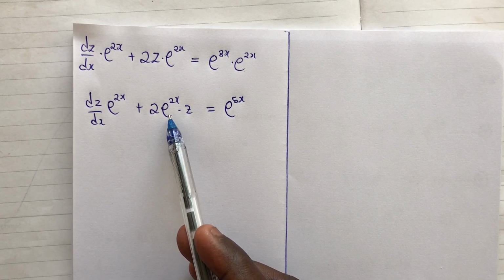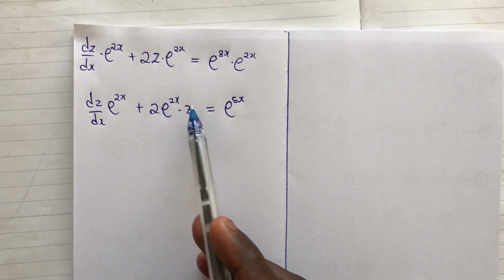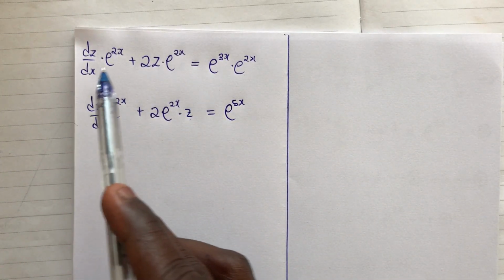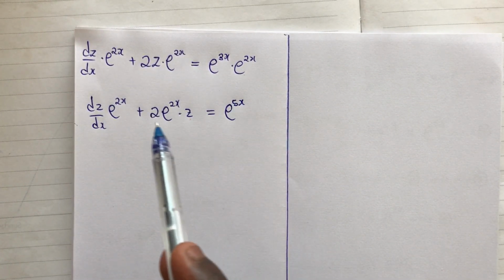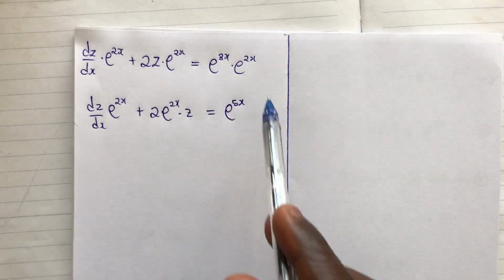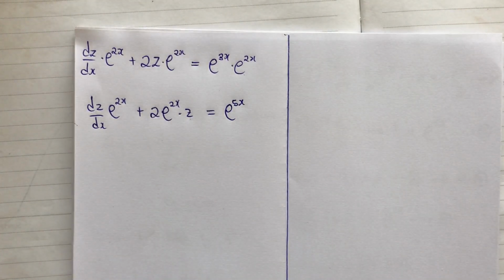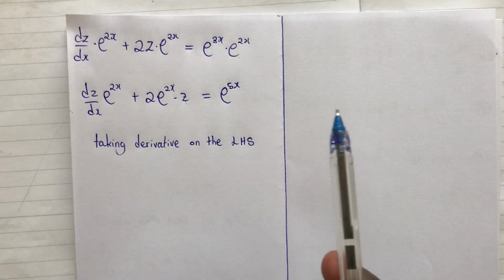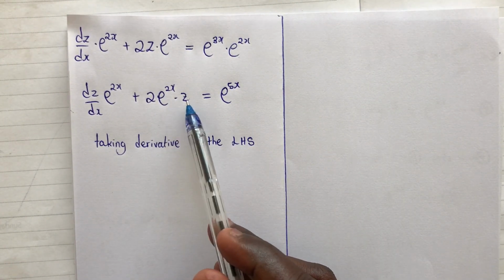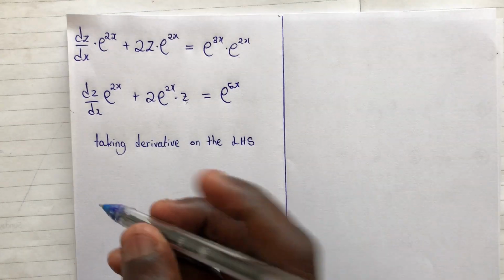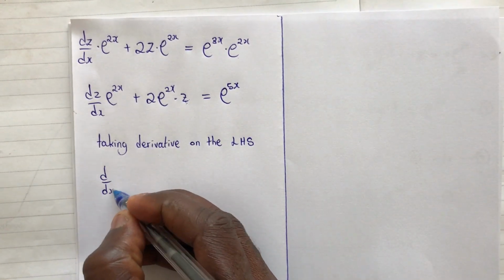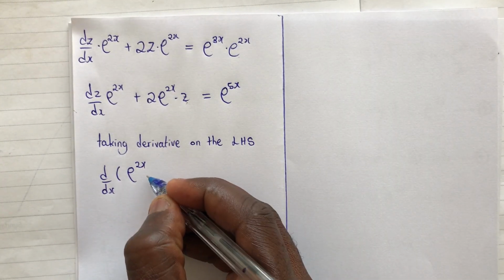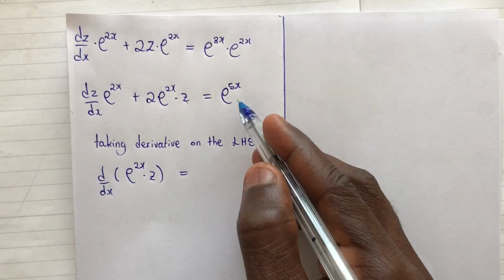This is because the derivative of e to power 2x and the variable z will give us the left hand side of the equation. This is the principle of linear first order differential equation, because this is now a linear first order differential equation. So now you take the derivative of this and this. Remember the derivative of the integrating factor and the variable you have here. So this is d/dx, derivative in terms of x, of e^(2x) times z equal to the right hand side of the equation,